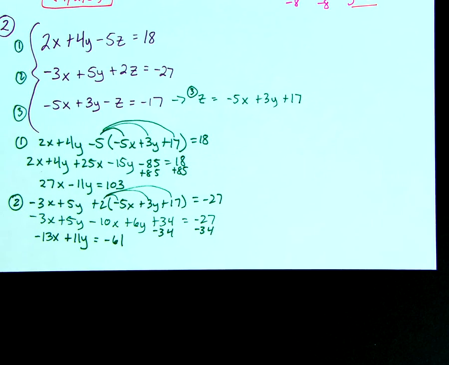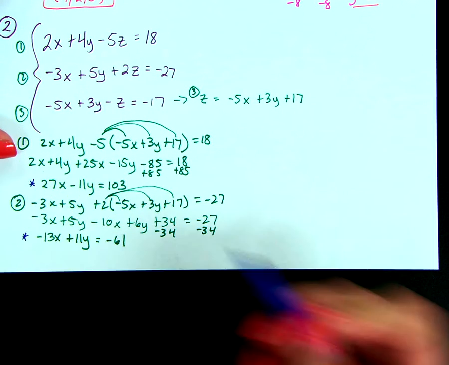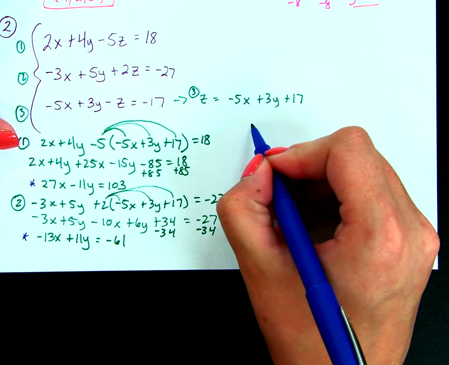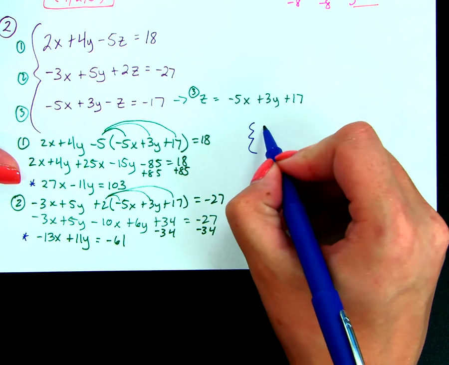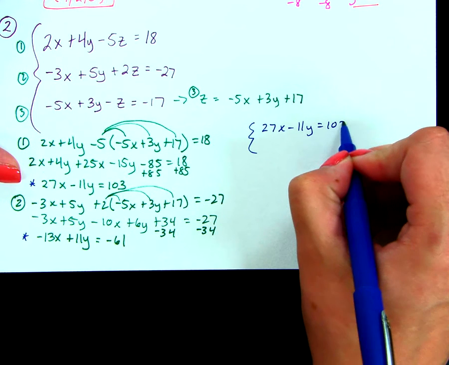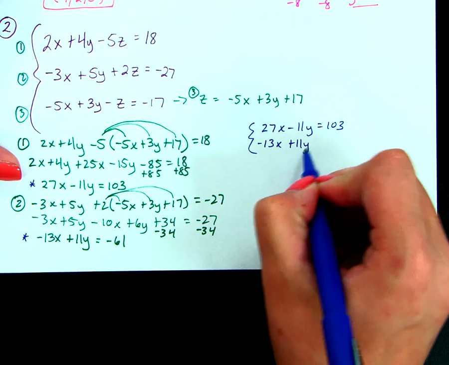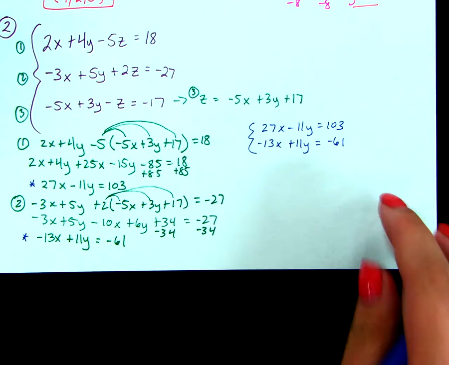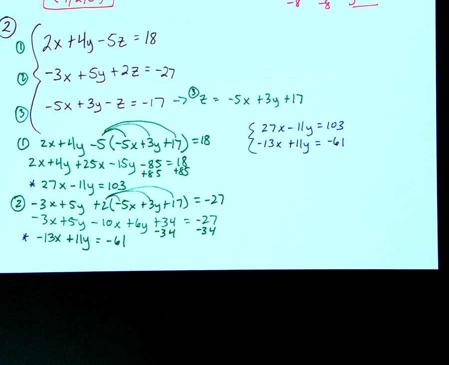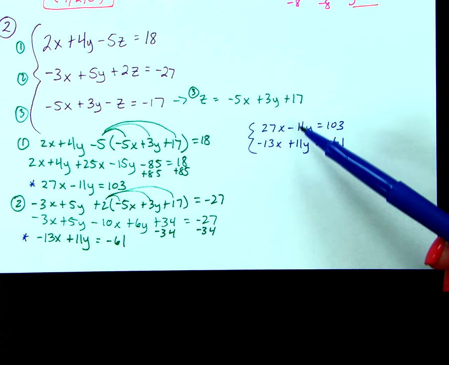So now we take our two new equations, and we're going to make a new system, and then we're solving that system. Okay. So now we're going to solve 27x minus 11y equals 103, and negative 13x plus 11y equals negative 61. So again, when we start solving this one, we're going to use whatever method is the easiest. So looking at it, I'm going to use elimination because I can add these equations together as is and cancel